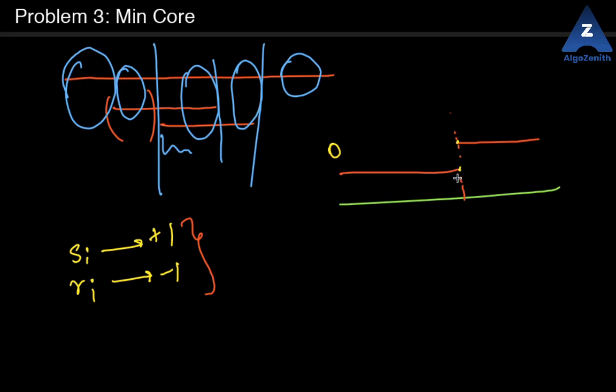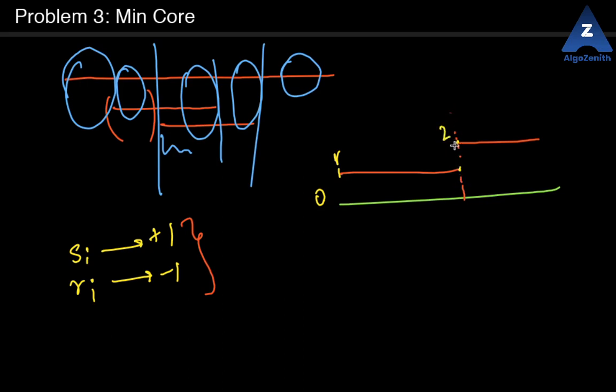So which one do you process first? The rule is you first process Si and then process Ri. So you first process this. When you came from 0, you first saw this, you went to 1. Then you saw these 2 points, these are both Si and Ri. So you first process Si at the same point. If there are multiple points at the same location, you first process the Si's.